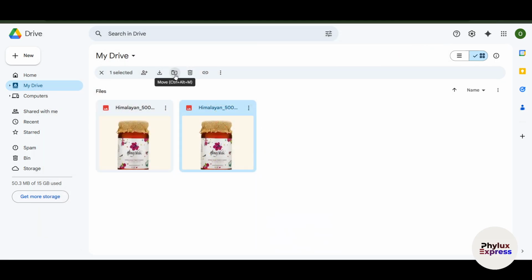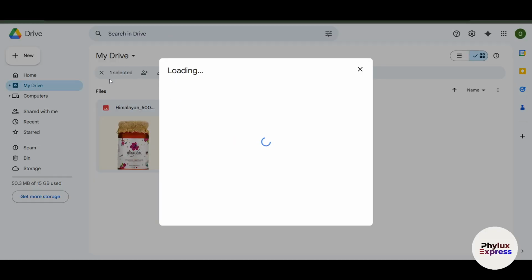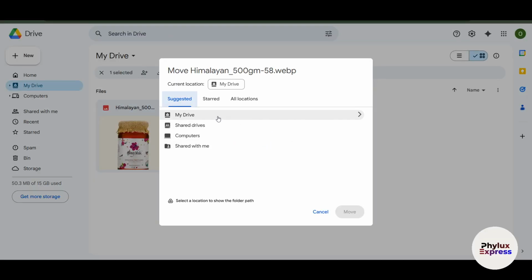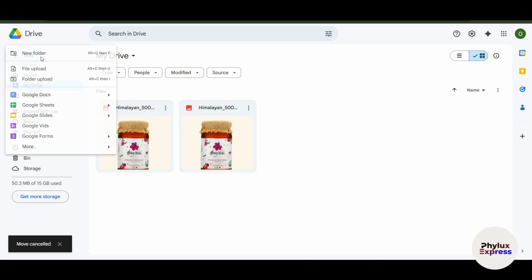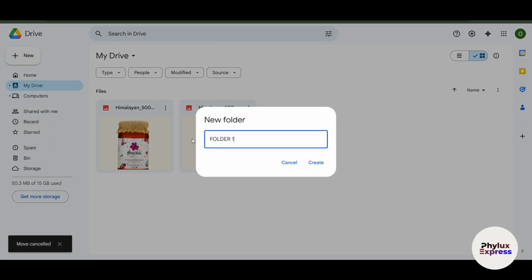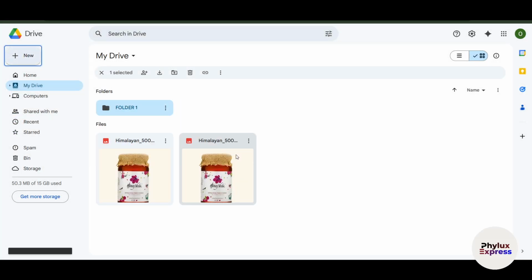And right now this is called move. So move is basically if you have too many folders, then you can move it. For example, let me just make a folder to show you. Now this is called folder 1. Now inside that folder I can save anything. Now let's say I want to move it, so I can just directly cut it and paste it here,